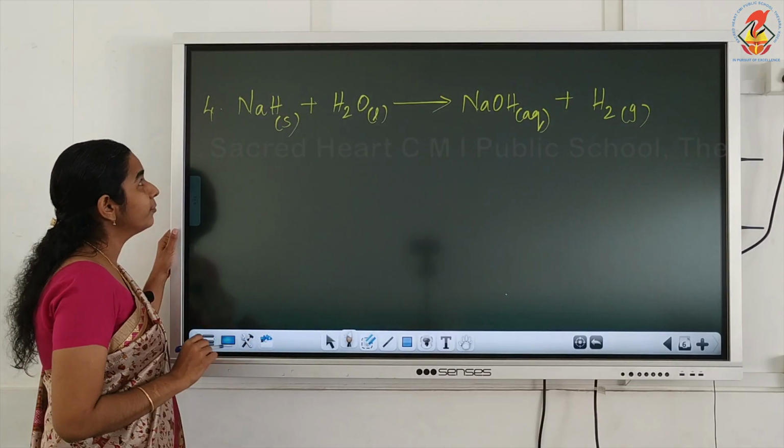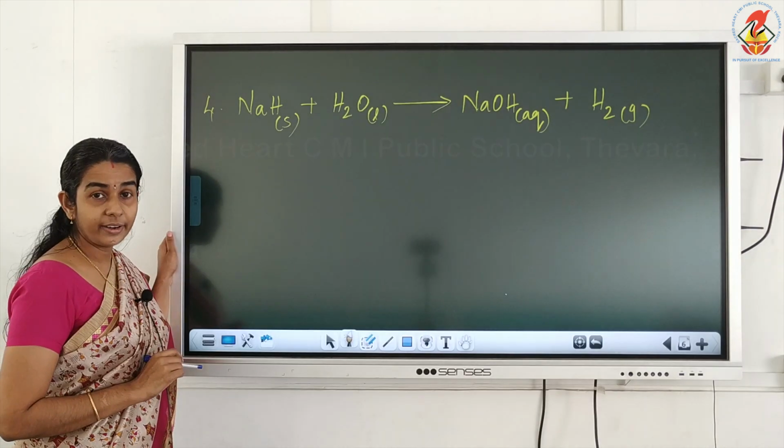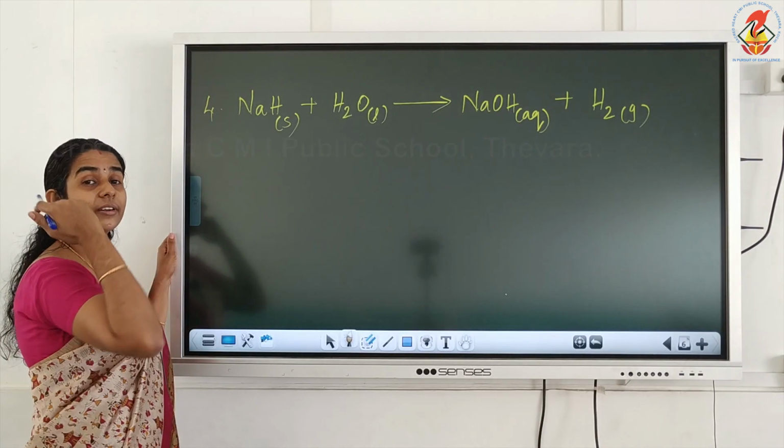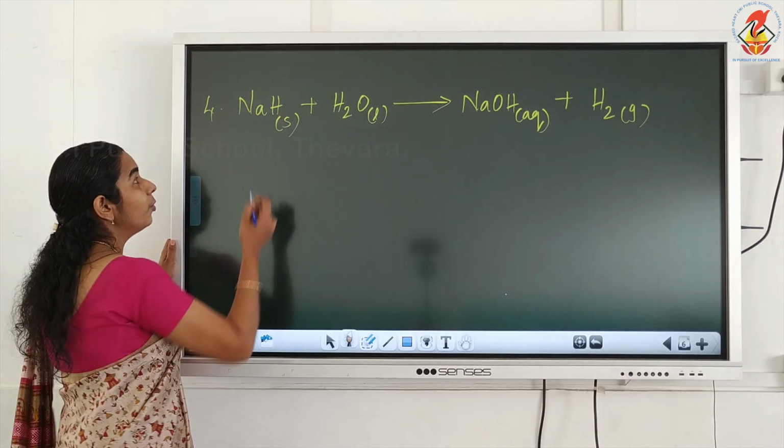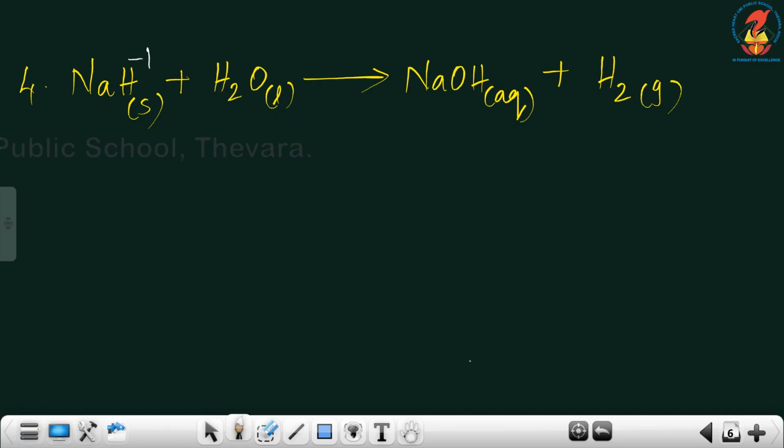We know that here in the first one it is NaH, sodium hydride. Hydrogen, if it is coming on the right hand side of a formula, means it will be a hydride, and here hydrogen will be exhibiting -1 oxidation state. So what will be the oxidation state of sodium here? Sum should be equal to 0. Here we have only one hydrogen, so -1 into 1, -1. So sodium should be +1. So +1 into 1, +1, plus -1 into 1, -1, +1 -1 equal to 0.